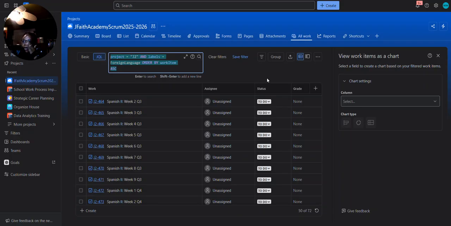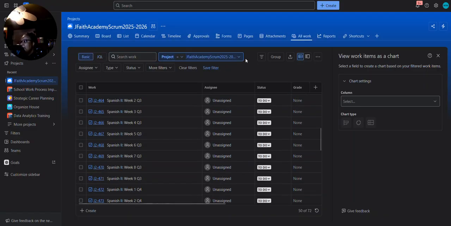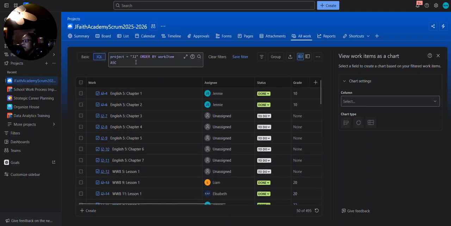I can come up with different ways to filter, and maybe export something in a way that I would not necessarily see it in another way. So I do like this kind of setup. And I do like using basic, making the changes I need to make, and then switching here and trying my best to see if I can figure it out. I'm going to change this back to